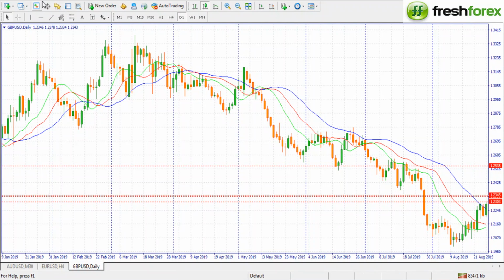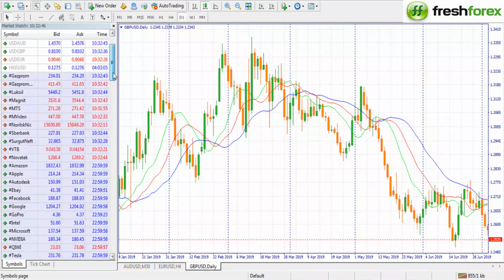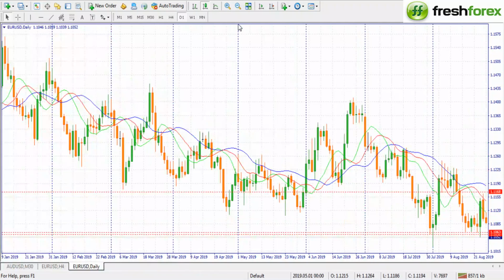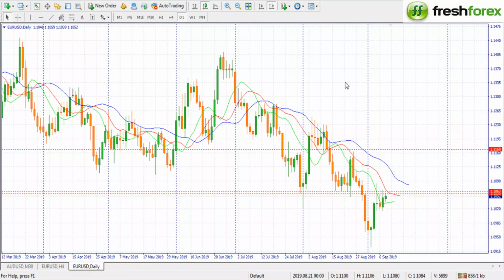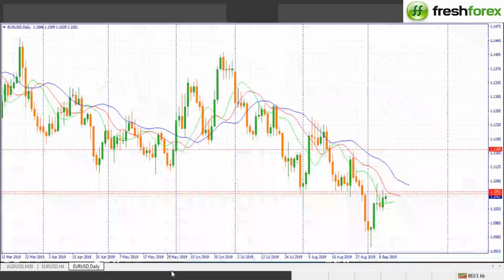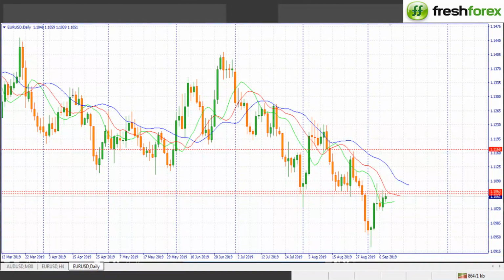We move forward to the next chart. That should be EUR/USD. So far this is what we have. There's an active move to the lower side. This is like a downtrend, and as I mentioned yesterday,